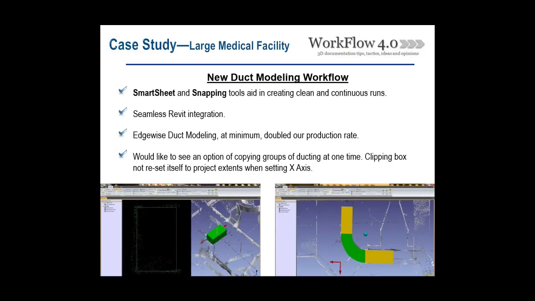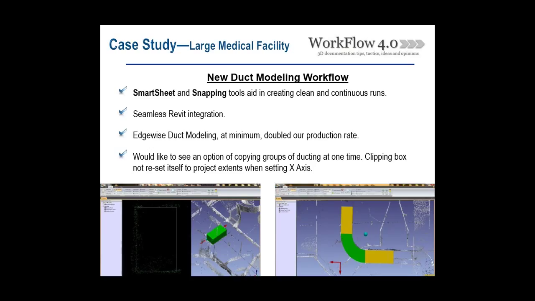And the smart sheet was another time saver. In our old workflows, there was no real way to track what duct we have used, and you would have to click on it and see what the size was. The smart sheet, once activated, keeps almost like a spreadsheet of what you've been using, and if you need to make adjustments, you can make them on that spreadsheet and have it make the adjustment right there